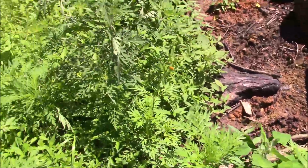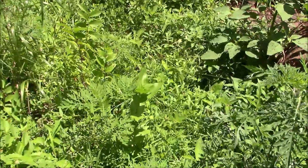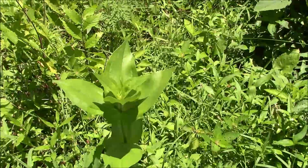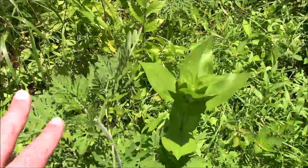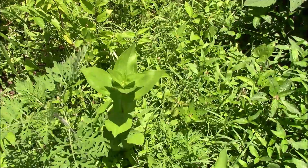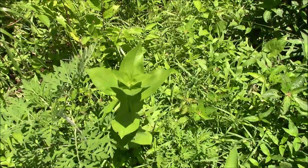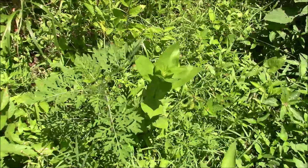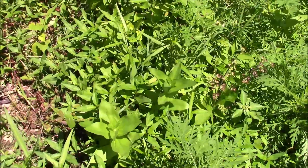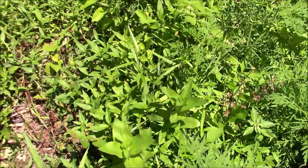So, yeah, volunteers. Oh, and I see a volunteer zinnia right there. And I don't know what this stuff is that looks like cosmos, but I got a ton of it. It's growing everywhere. But yeah, another volunteer zinnia down here. Oh, two more. See, it'd be no fun to just mow all this and miss all these